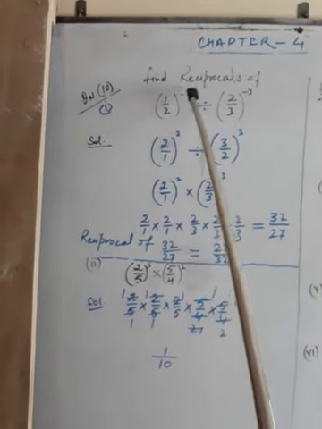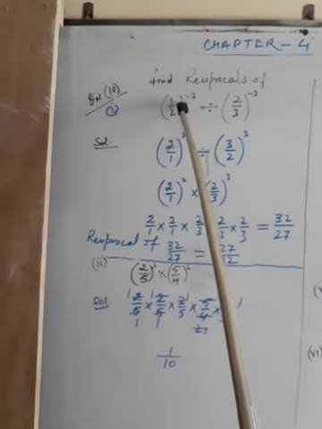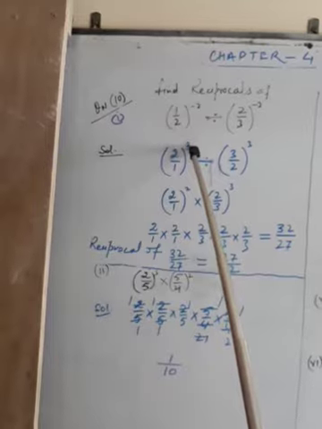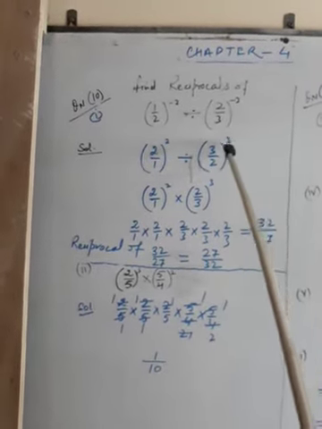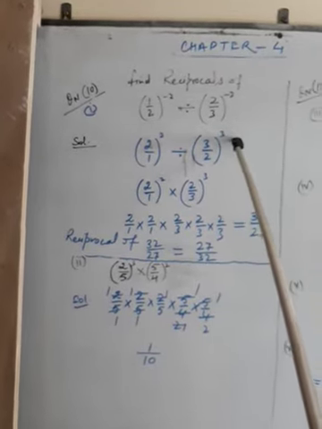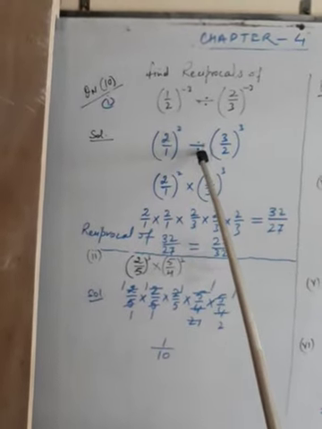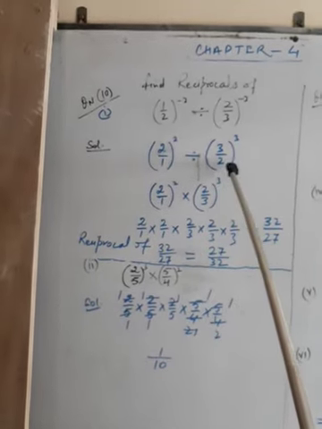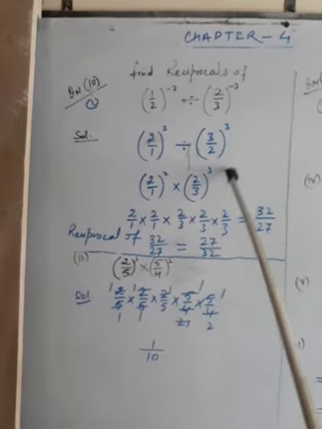So 1 over 2 to the power minus 2 is here. In order to change it into the positive exponent, you have to take its reciprocal. 1 over 2's reciprocal is 2 over 1. Negative exponent changes into positive exponent. Similarly here, 2 over 3's reciprocal is 3 over 2, right? And its negative exponent is changed into positive exponent. Minus 3 becomes power plus 3. Then 2 over 1 to the power 2 is written as such. The division sign is to be changed into a multiplication sign, again by taking the reciprocal. So 3 over 2's reciprocal 2 over 3 has come, its power is 3 now.